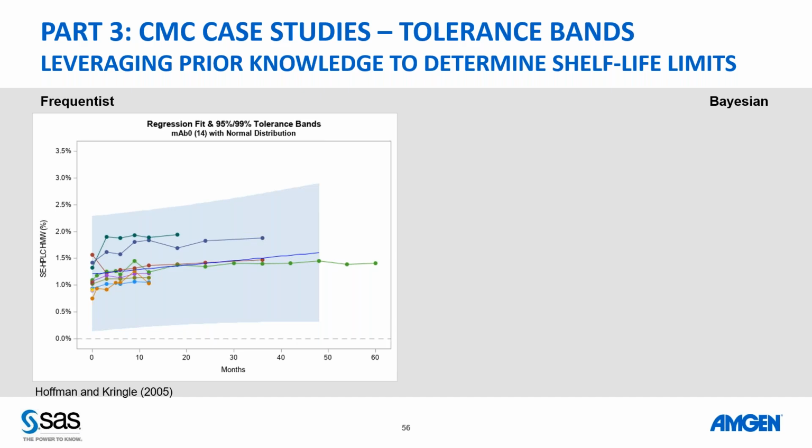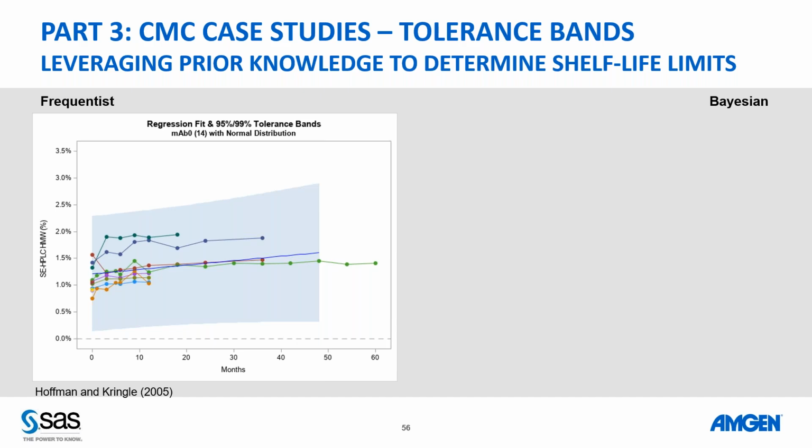On the left, you have the frequentist approach. This is coming from a paper by Hoffman and Kringle that shows how to generate tolerance intervals when you have one random effect. This is done slice by slice, at each time point. It's not quite a regression, and as we mentioned before, this is not a true variance component analysis. It's more an adjustment on the effective sample size n and adjusting the variance component for that. We used that when we looked at Wolfinger's paper and the variance component.